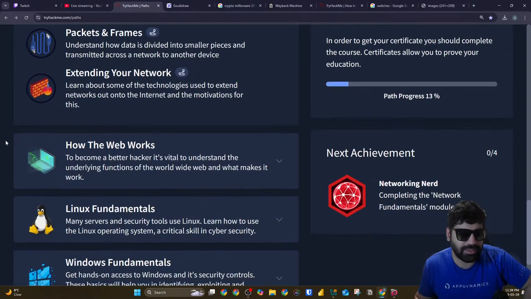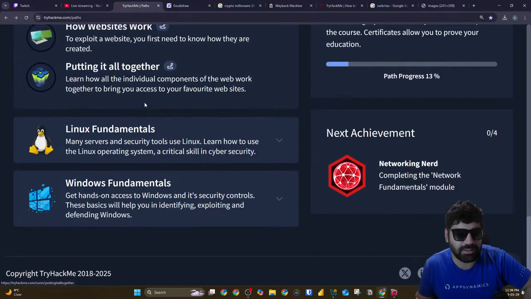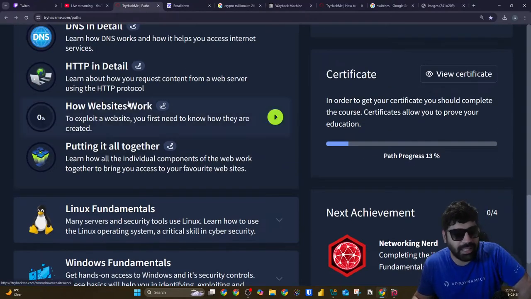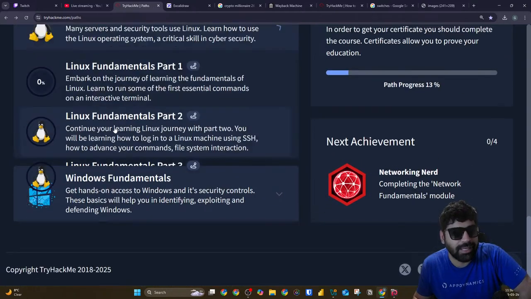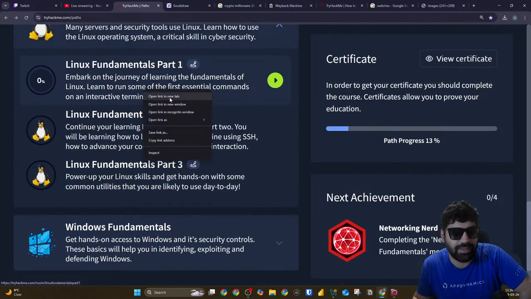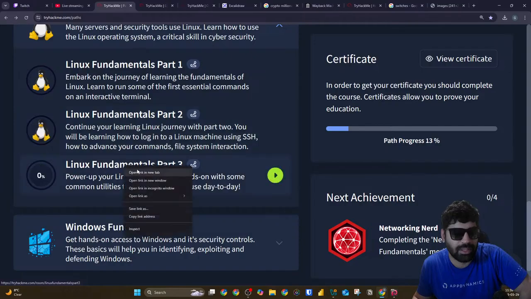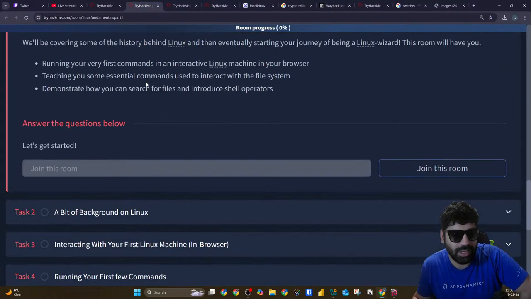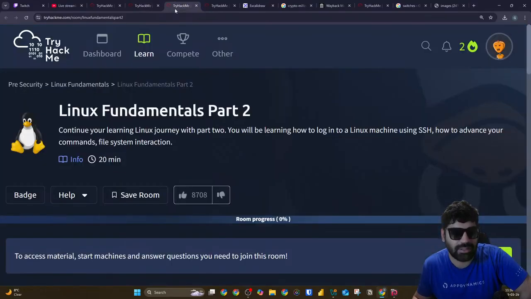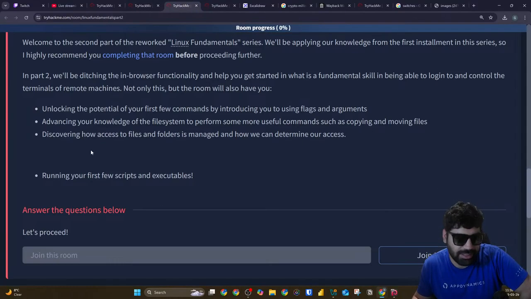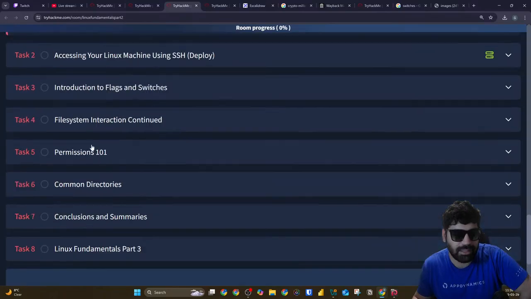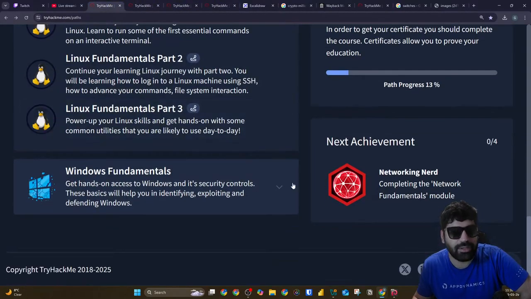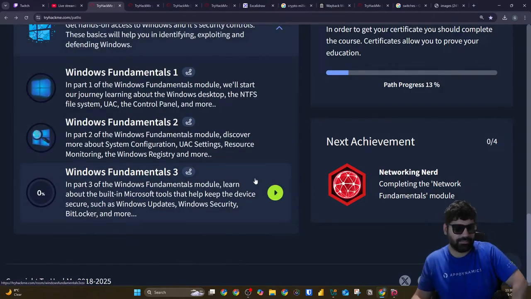And now after this, we have how the web works, which is a very interesting one. Might take another day, like Monday or something. Linux will take a good amount of days because we will cover a good amount of information here, and a good amount of notes can be made in Linux. And we'll play some games too with this. There are some games which are dedicated to Linux and interesting things. And Windows fundamentals, I never did this, so we'll see.